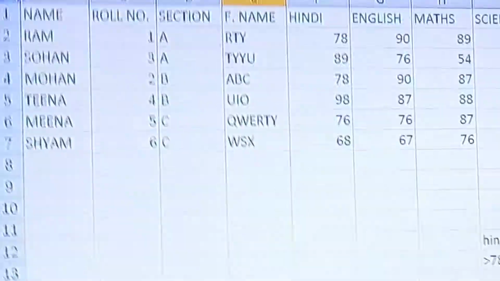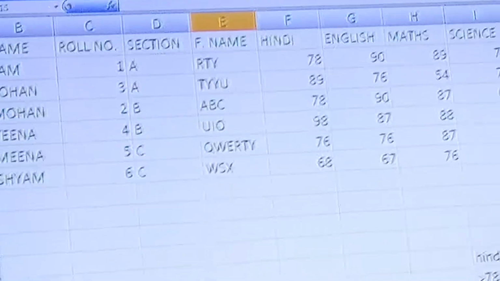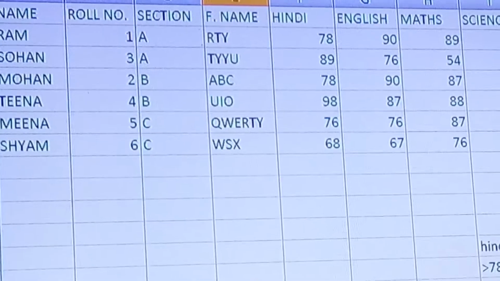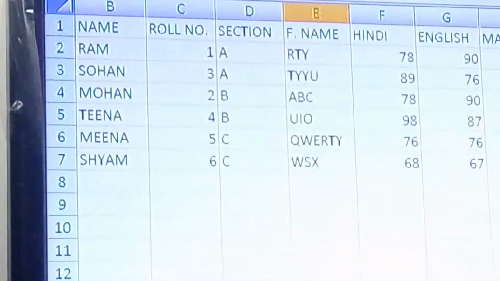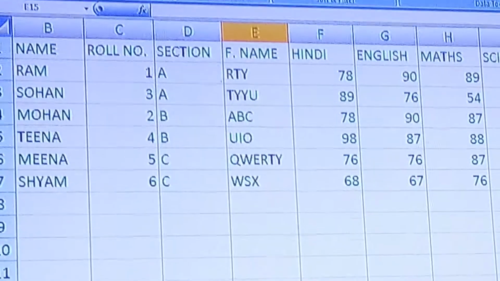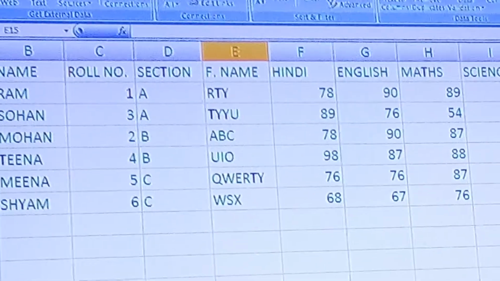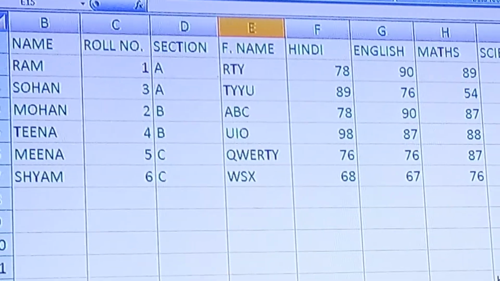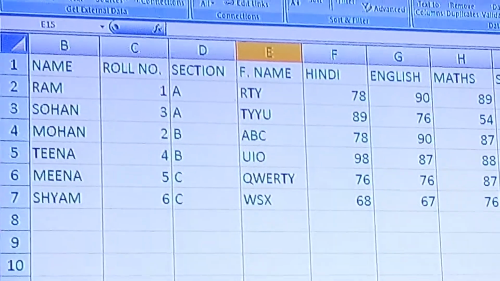We have learned about sorting and filtering in our previous lecture. Now I have to work on data validation. What is the meaning of data validation? Data validation means there is a check while entering the value, whether it is correct or incorrect, valid or invalid. So we can check, and different error messages can be applied while entering the value or to the data.